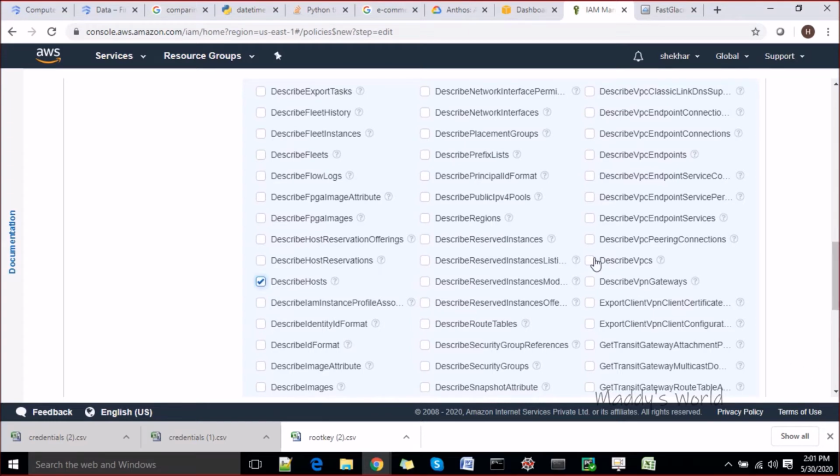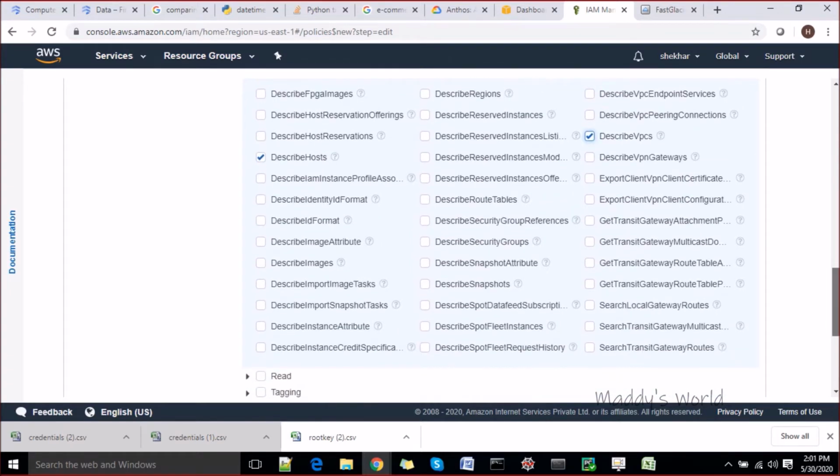and let me ask him to see the VPCs also, because let's say I'm going to create it for some junior system admins. I will let them describe the VPCs also, right? Because if they create the instance, they should be able to describe it. I would call it describe snapshot. Let me ask to describe the security group too. Describe images.